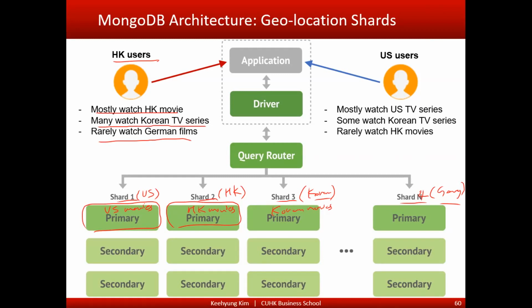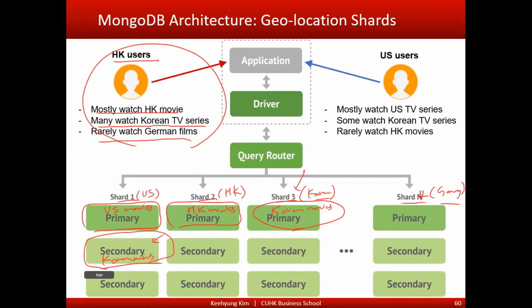Then what we can do is this: whenever Hong Kong people are watching a Korean movie, currently they have to access Shard 3, which is located in Korea. However, because of the physical distance of the server, the request will take longer. So we simply copy this part into here in the secondary. So we also save Korean movies here on the secondary